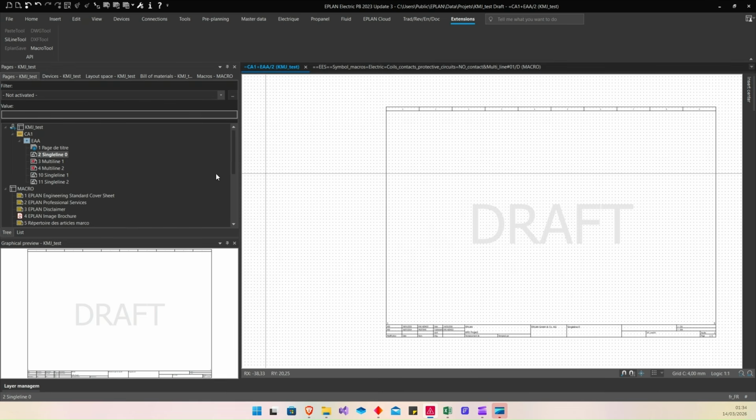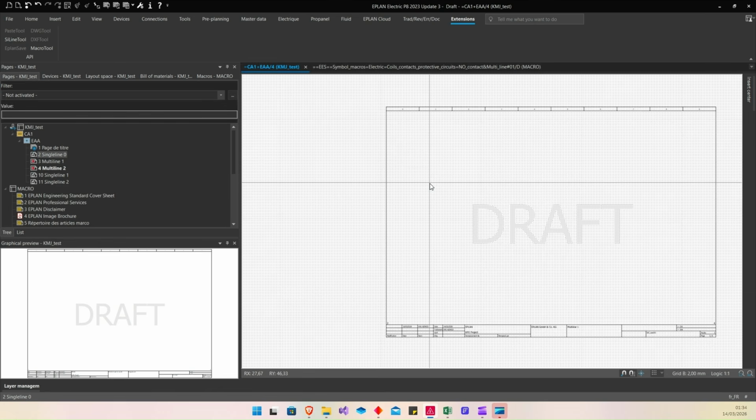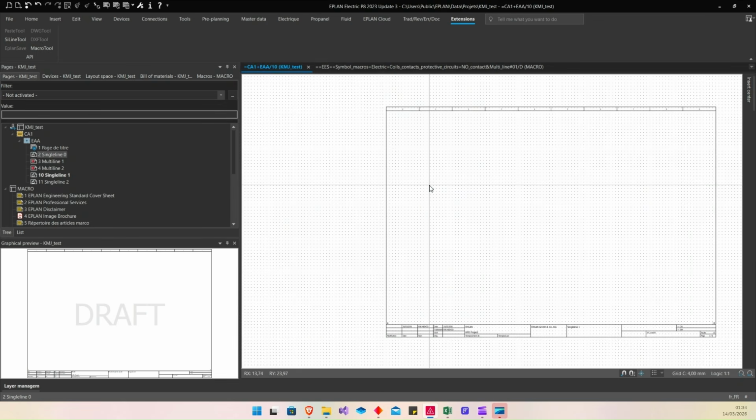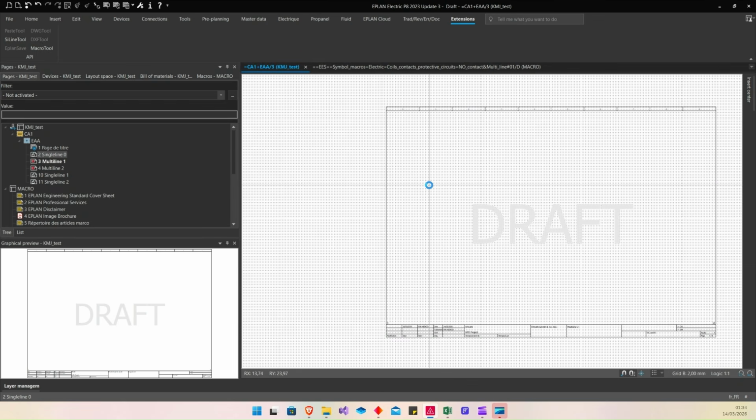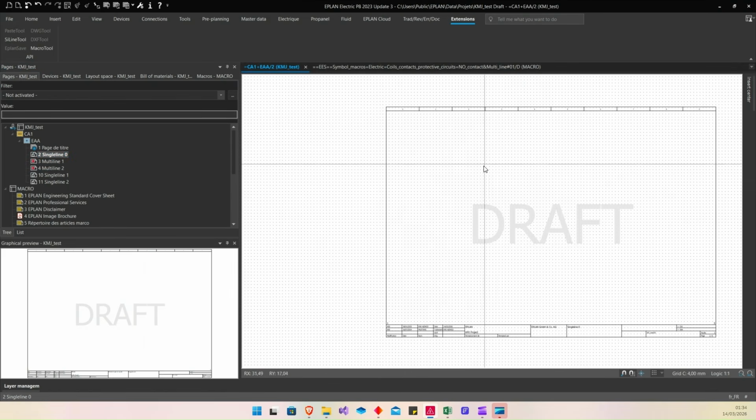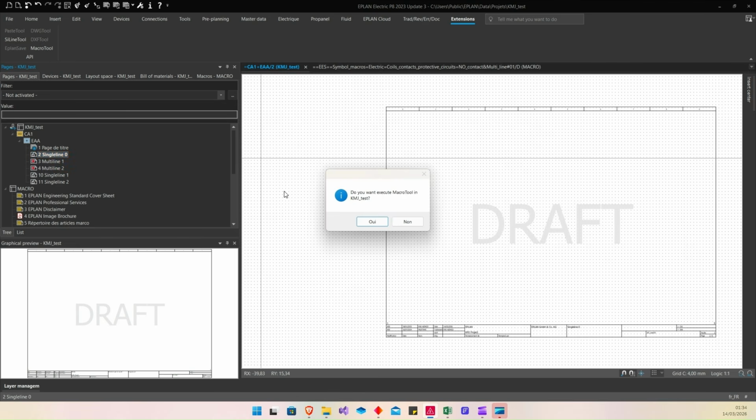Here, this is my current project. You can see that all pages are empty. Now I will select, for example, the single line page 2. Then I launch my macro. You can see, do you want to execute the macro?